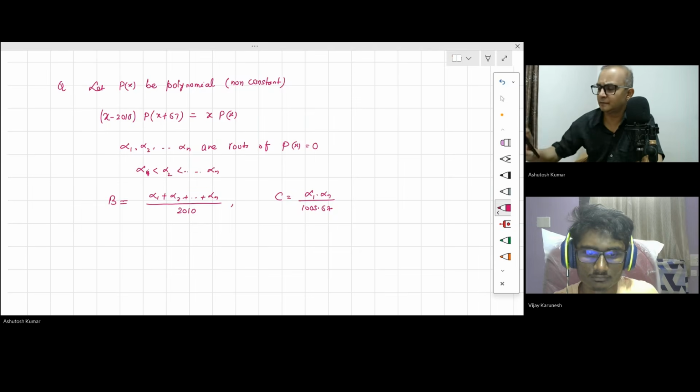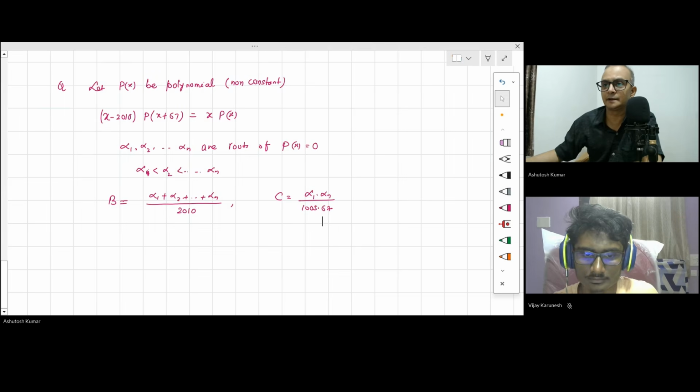Especially they have given a matrix match question, but it is not required. Each column has something on the basis of B, N, and alpha 1 and all these things. So basically to find alpha 1, means all the roots, and the n value, means how many roots are there. After that everything can be done.